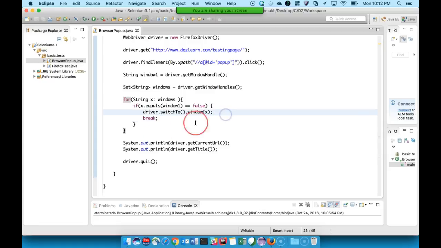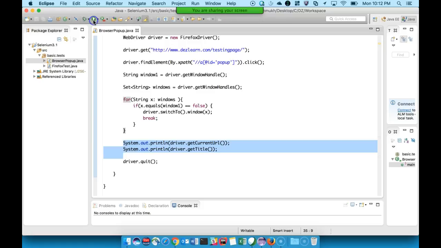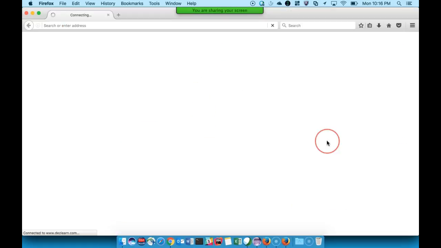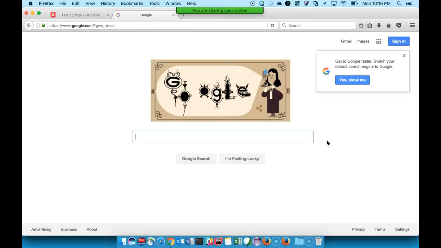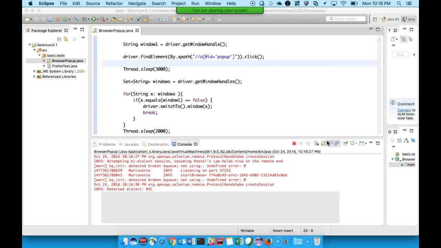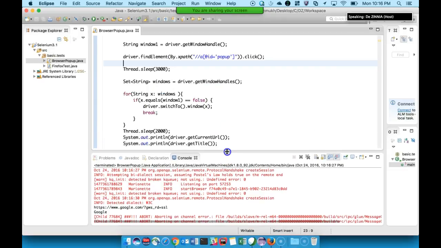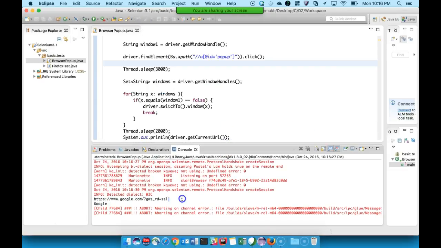And once we switch to the new window, whatever operations we do, we will do it on the new window itself. Okay, so let us try to run this. So as we can see, driver has been switched to the new window, which is Google, and this is the URL of the new window and the title of the new window.